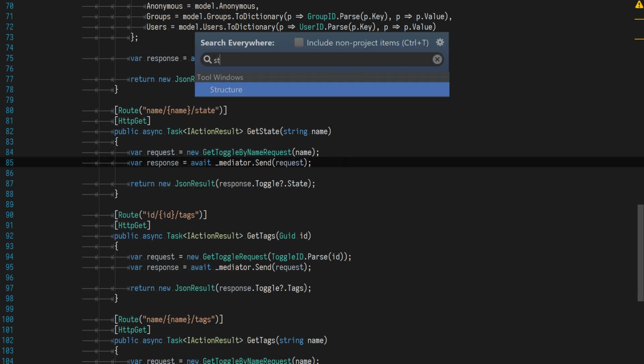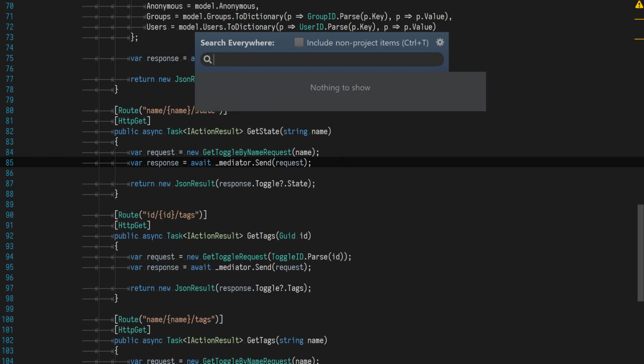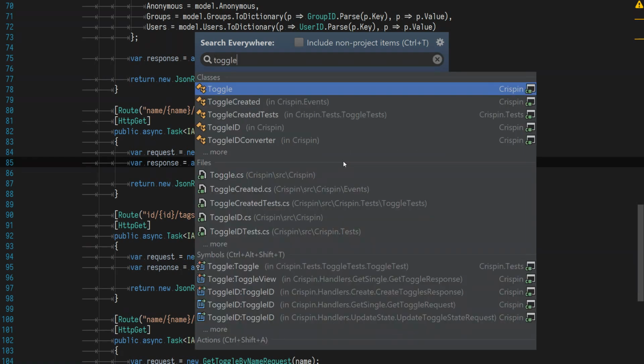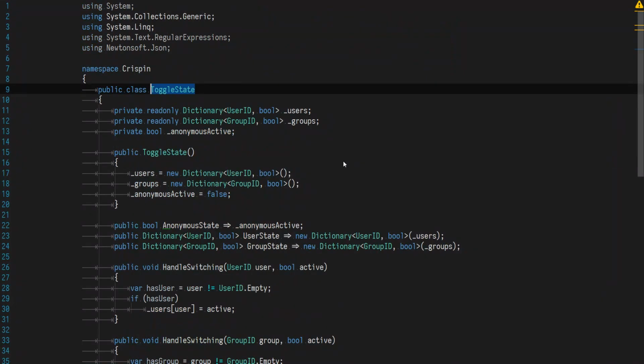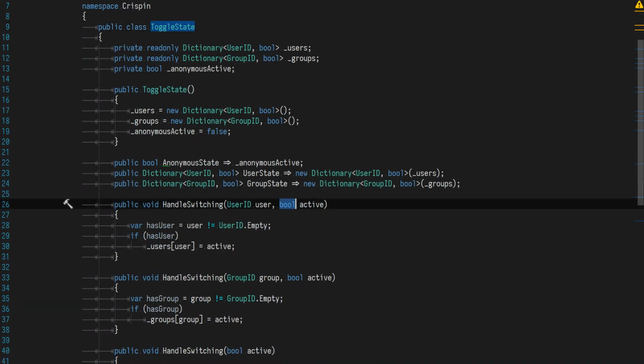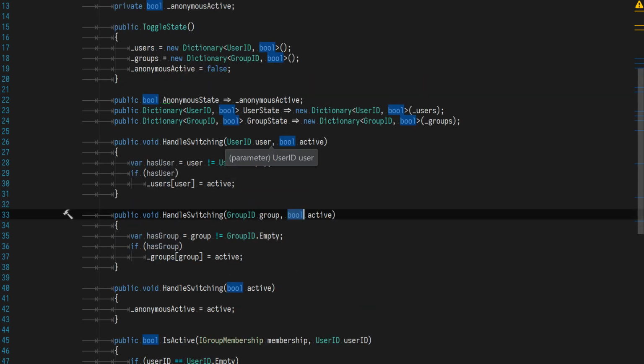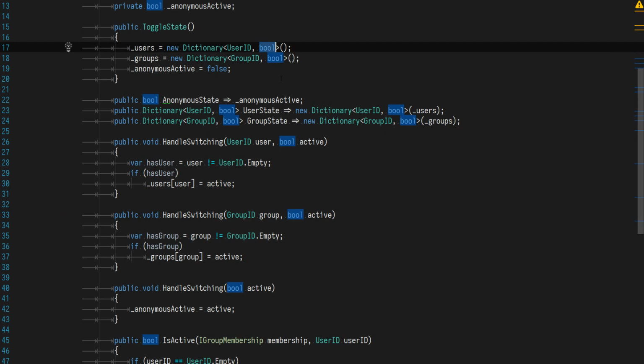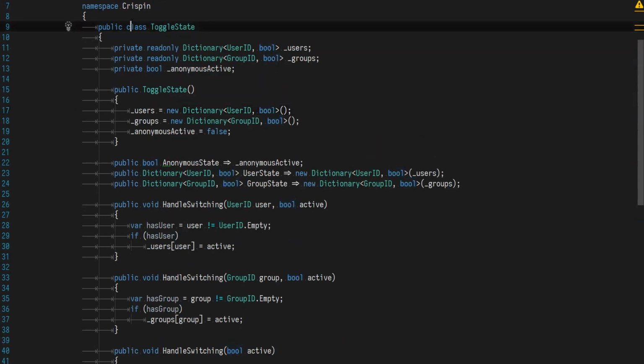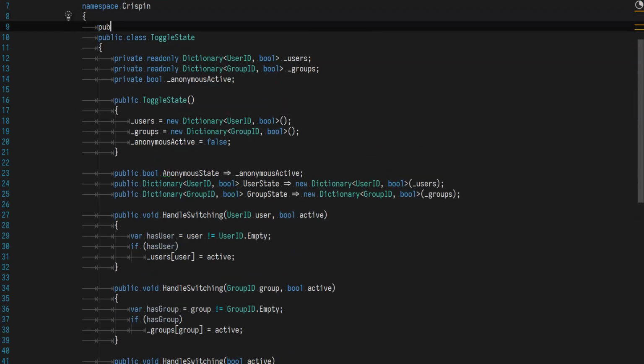So we're going to start off by, I think, with the toggle state class. Now here we've got these bool active parameters. These are the ones we're going to be changing. And I'm trying to think of a way that I can change the signatures of these without changing the tests straight away, or vice versa. But I'm coming up on a blank with that, unless I add some kind of casting to Boolean, which would be a bit weird. So the first thing I'm going to do is create a new enum, so public enum